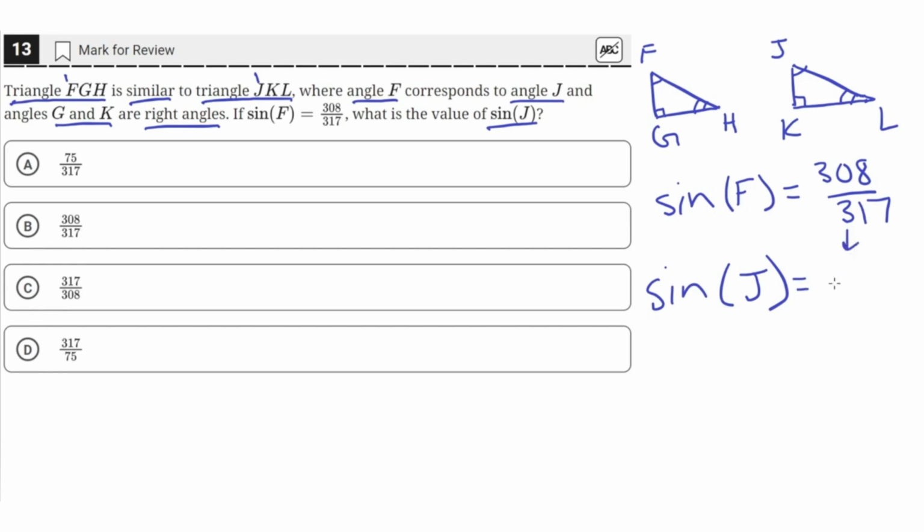So that means the sine of J has to equal 308 over 317. So the answer should be B, 308 over 317, the same as the sine of F. And this makes sense because if we look at, say, a 3, 4, 5 triangle,